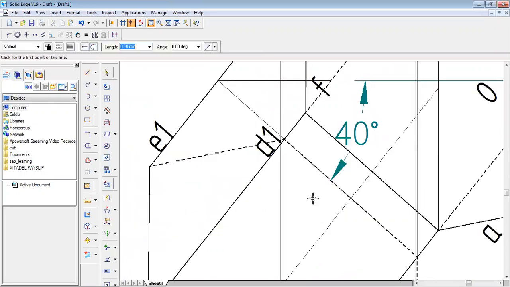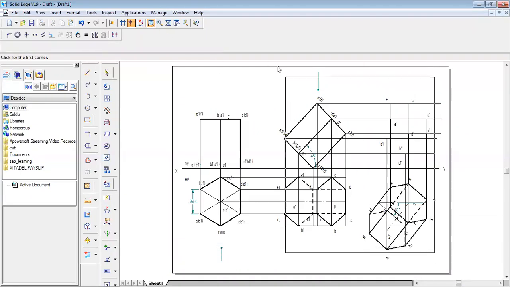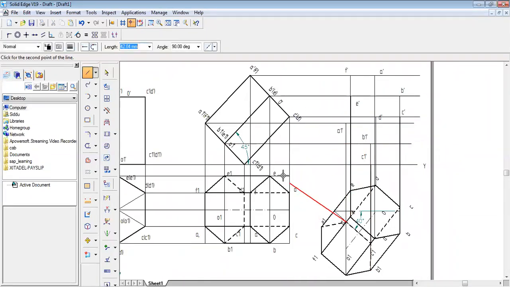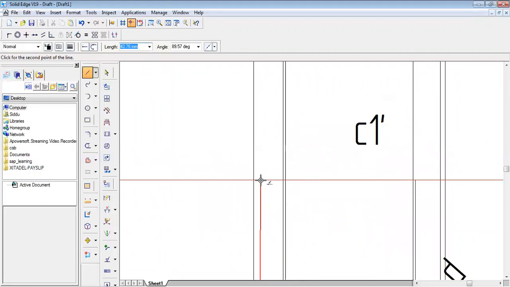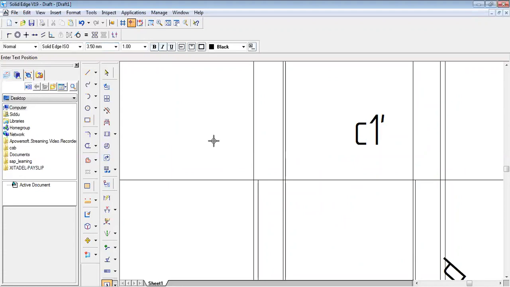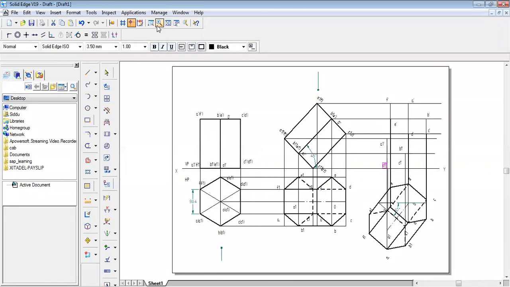Now D1. Here also you can zoom it and then do. D1 is here only, on the axis line, here it is. So you give an angle of 90 degrees because it is a vertical construction line. So this is going to be your D1 dash, right? So similarly E1 and F1, here you have